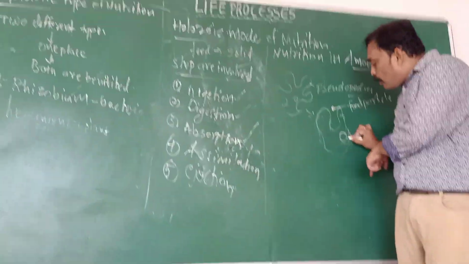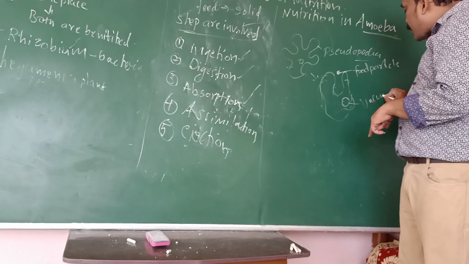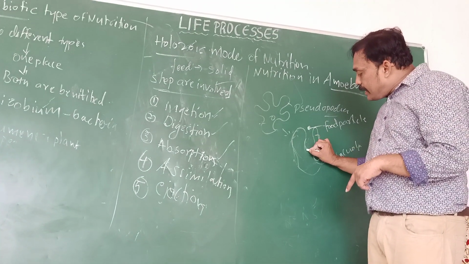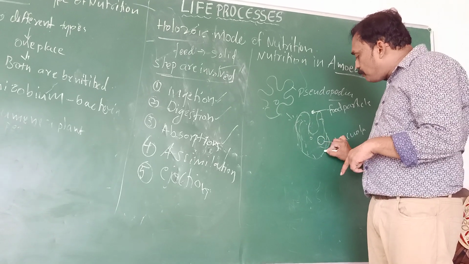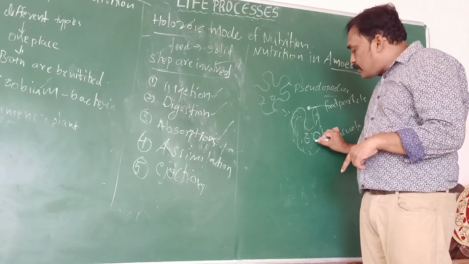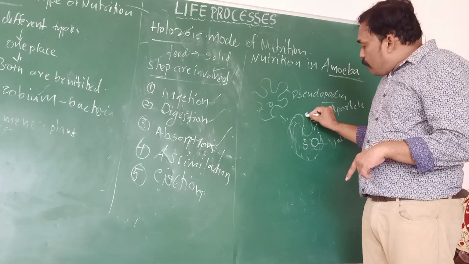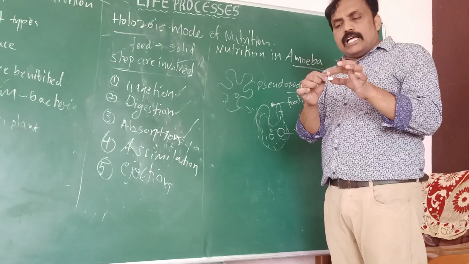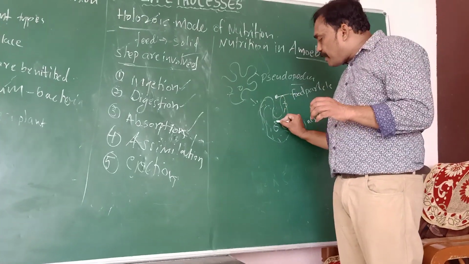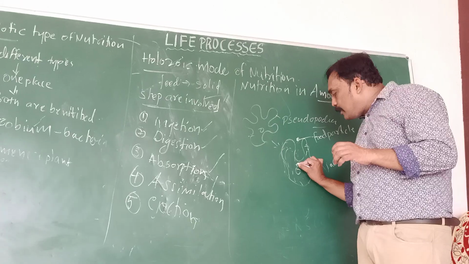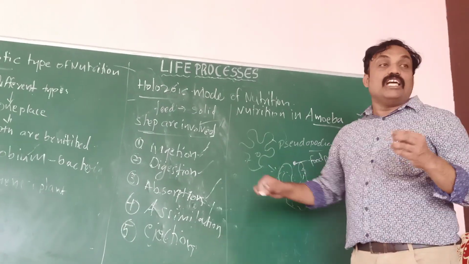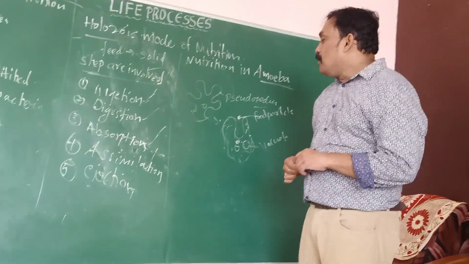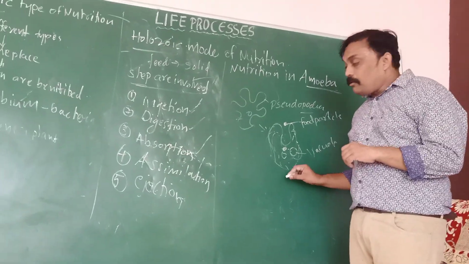In amoeba, one more part is there, that we call the vacuole. Generally in amoeba, there is cytoplasm, nucleus, vacuole, and the food particle nearby. The food particle is engulfed through its skin, body surface, and enters into the amoeba. First step, ingestion into the body. Ingestion. After ingestion, what is next? Digestion. Digestion means it enters into the